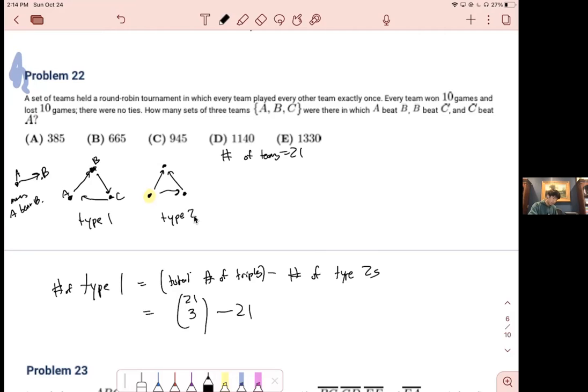So the number of such triplets is 21 times 10 choose 2, because there's 21 teams and each team has 10 choose 2 pairs of teams which they beat, which equals,